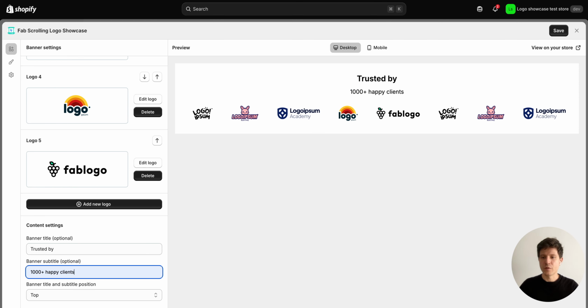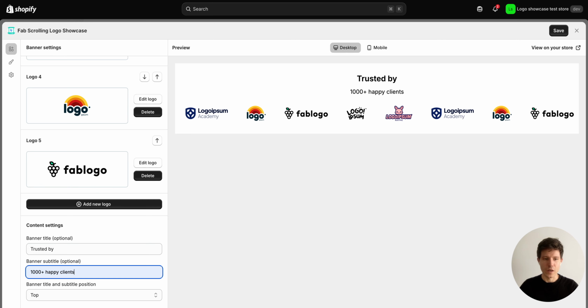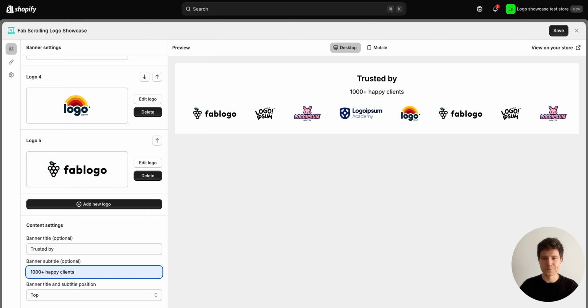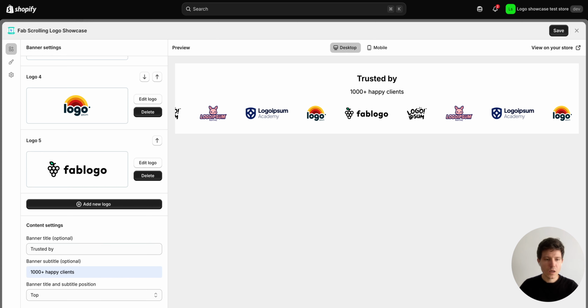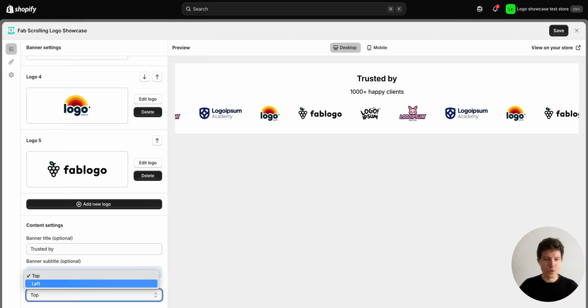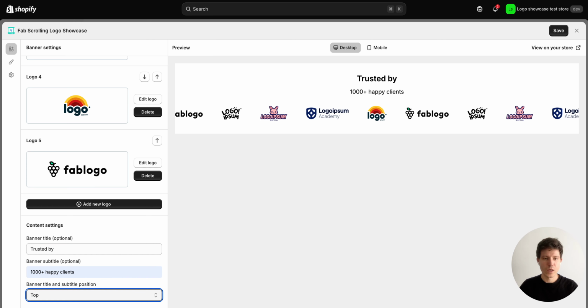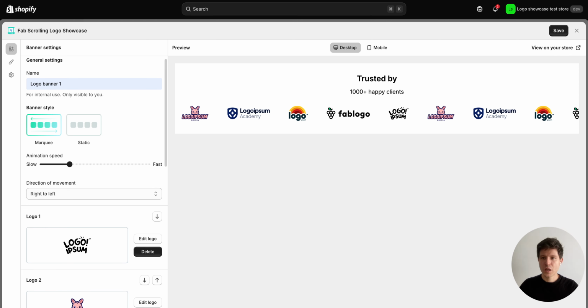You can leave it blank, or like in my case, I will add the info that I have a lot of customers; you can highlight your benefits. Then we can choose the position of the text. We can place it on the left side or on the top. I will leave it on the top. Let's save our changes